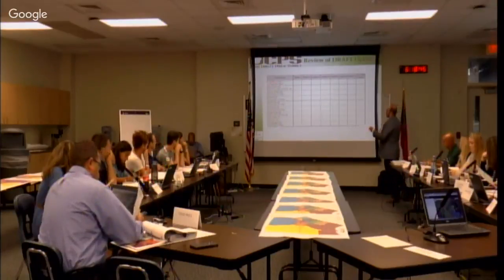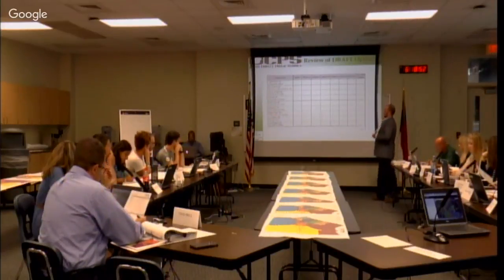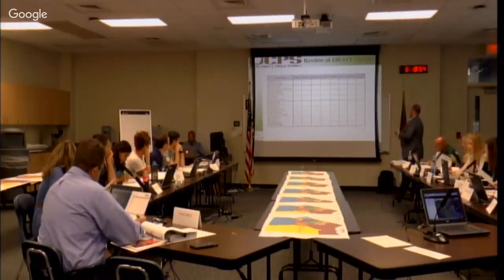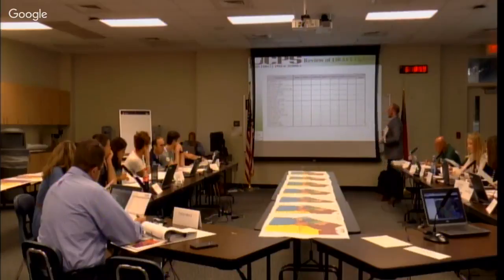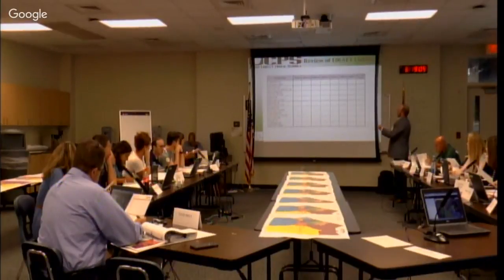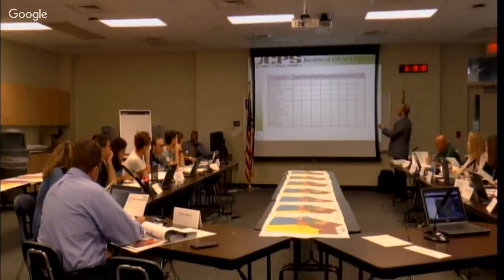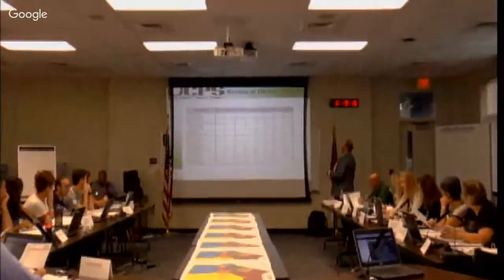And if you identify something in here that may be a potential error, I've gone through this and checked it 3 or 4 times, but it's possible that I may have missed one. But I think that this is pretty solid, and it's accurate in terms of the options that are the same. So when you go through here, for Cuthbertson Middle, as an example, if you like option 1, you put an X in option 1. If you feel there's no valid option right now, you can certainly put an X in no valid option.